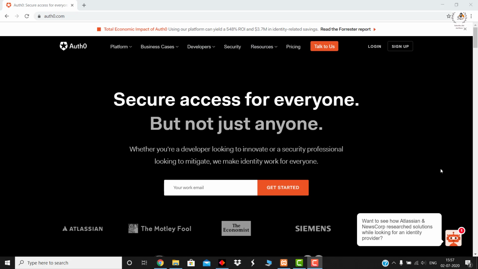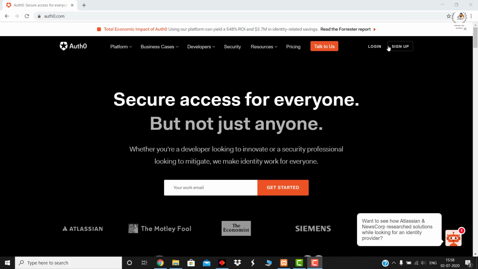Okay, so to create a single sign-on solution for your application or for your project, the very first thing is you could log into this website which is called auth0.com. Auth0.com is a medium by which you can create such authentication solutions. For example, you're having an organization with few applications and you would like the single point of authentication to be used by all of those applications. In such a case, you can use this website, auth0.com.